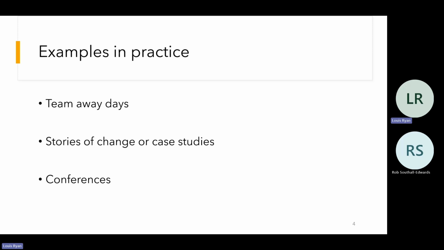Some of the examples in practice, so team away days was one we talked about before, Rob, in terms of how you used some of your learnings and some of the evaluation data in your role at Active Essex. Could you share a little bit about how you did that? Yeah, sure. Firstly, sharing data from the evaluation I was working on, often through workshop format away days, was something novel to me. I hadn't done that before. We were seeing that as a new way to try and share and engage people.